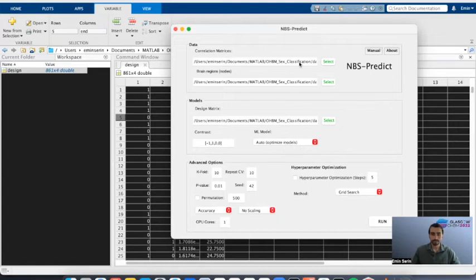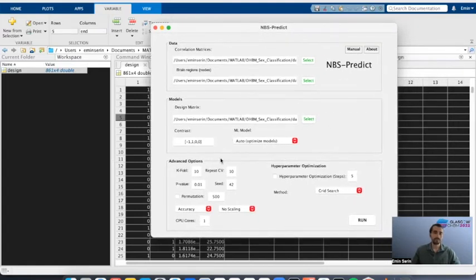All right, so actually from this point, we can run our analysis, because we already loaded the correlation matrices, node descriptions, design matrix, and also we defined the critical parameters like the contrast vector and machine learning model. But in machine learning, we also define some additional parameters, especially for the model evaluation, hyperparameter optimization, and feature engineering.